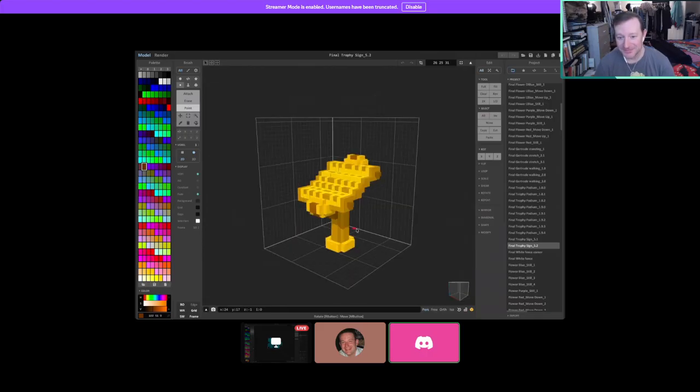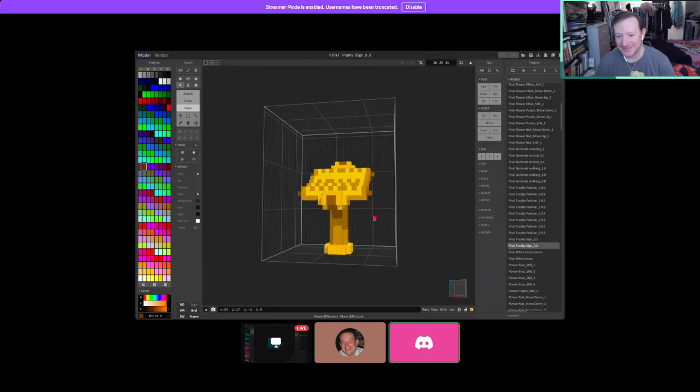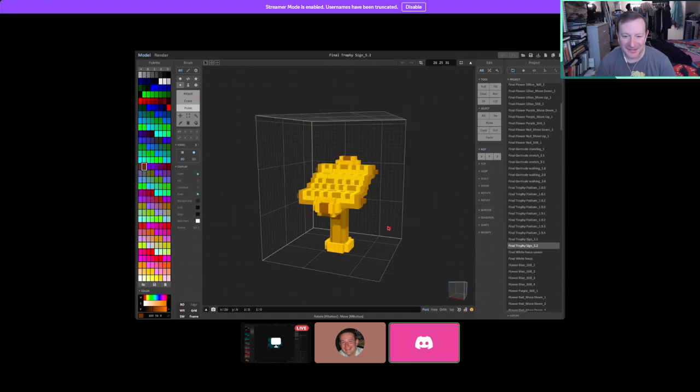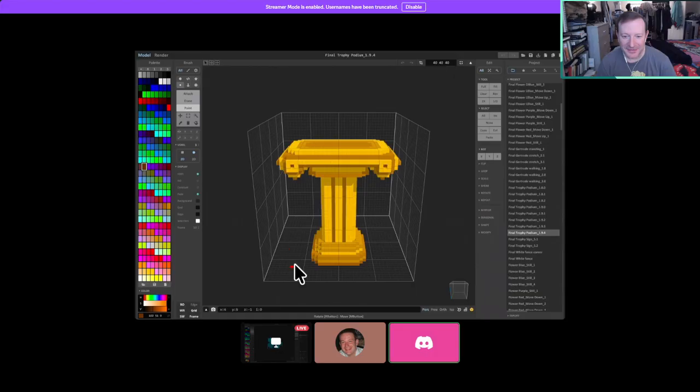I made this little sign that goes next to the podium that is smaller than Gertrude. Her head would be here, so she can come up and read this. But you can jump on the sign and jump onto the top of the podium if you want. I made this little sign that would stand in front of the podium, off to one of the sides, however we want, and that would say whatever is about the treasure. Before we have treasures, it would say Gertrude's treasures go here, and then once there's a treasure, a little description can appear, like this is a golden goose in reference to Gertrude's, whatever.